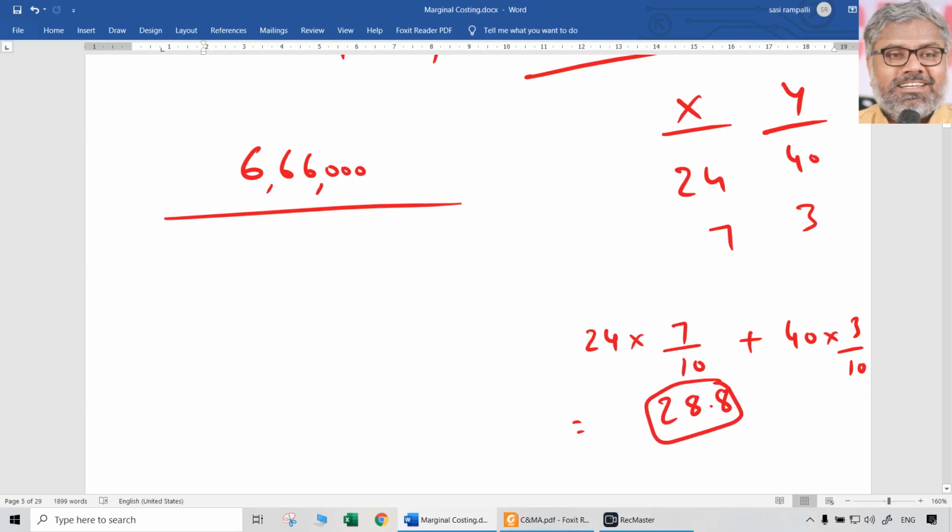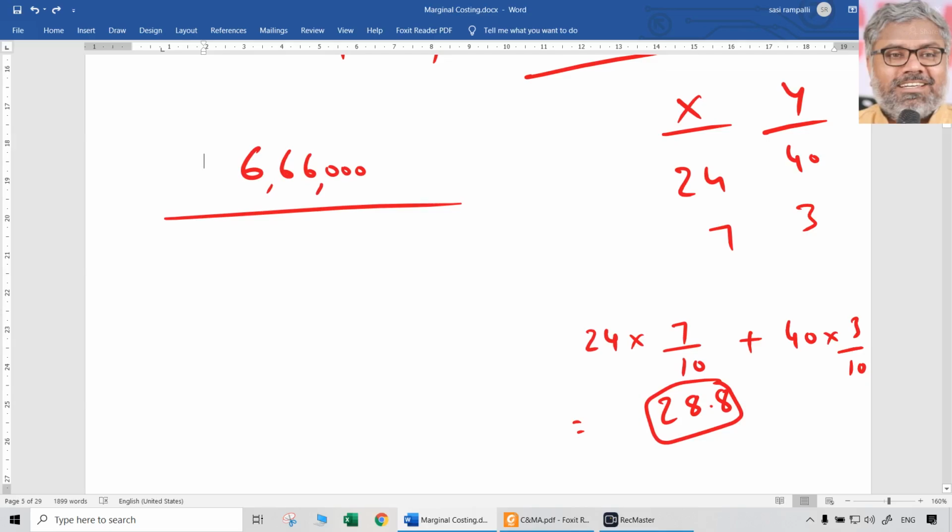You cannot just add these two things and say that it is the contribution per unit. That will be absolutely rubbish. It will not show anything, since the quantities are completely different and each of the products is different. You cannot mix apples and oranges. You cannot say I am getting 4 rupees contribution from orange, 8 rupees contribution from apple, so I will get 12 rupees contribution by selling 2 fruits. No, apples are apples, oranges are oranges, different things. You cannot just say total of them as one.